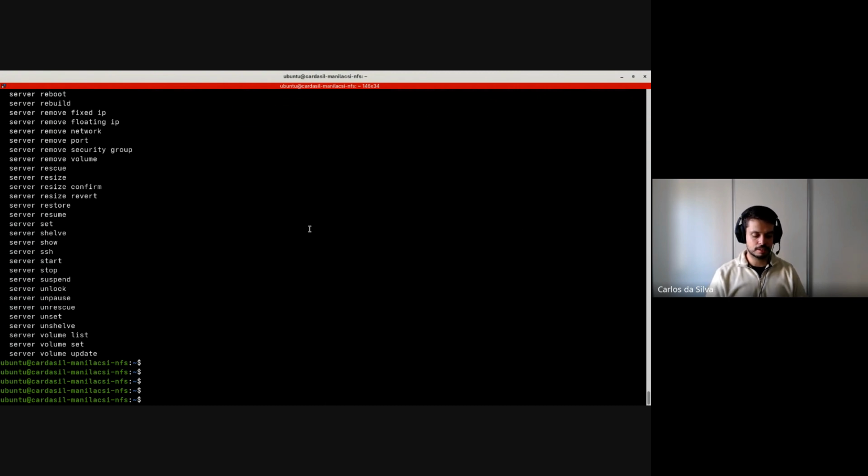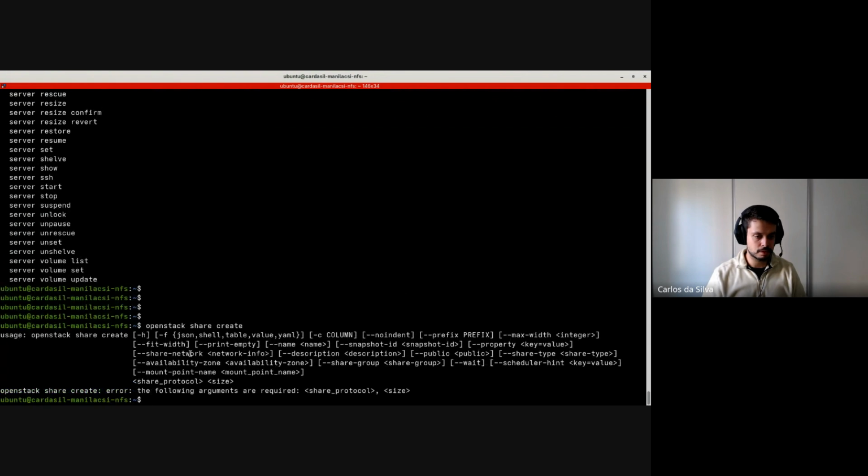So let's take a look at openstack share create, and let's see what we will need for creating a share. So we need to specify something that's called protocol and the size. Protocol is the protocol that this share's file system will use. So we have different kinds of protocols. We have CIFS, which is pretty much for SMB or Windows clients. We have CephFS, which is a protocol native for the Ceph storages. We have NFS, which is the Network File System protocol, which is, I think, one of the biggest use cases